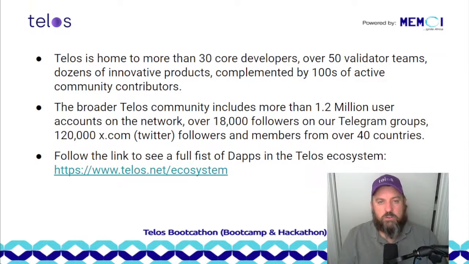Now, after you've installed that base system, I meant to mention this earlier, we can customize the network any way that we want through a series of system smart contracts. So even though we've got these 6 networks that are all running the same core software, all of them have completely different rule sets, which is pretty cool, that are all defined by the smart contract that runs the rules for that network.